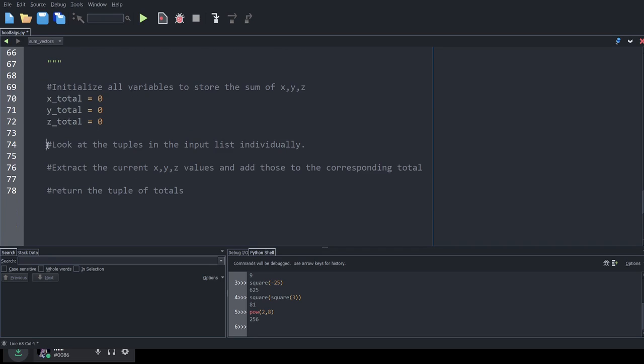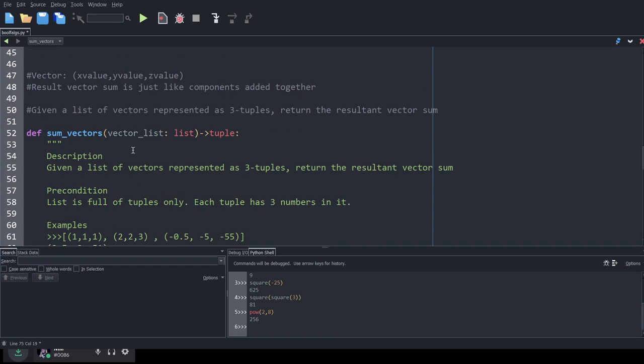Look at our next comment: look at the tuples in the input list individually. Well, the key words here are input list individually. Let me think about this for a second. How can we deal with this if it's a loop, maybe? If we want to look at the tuples individually, I feel it's going to be easier if we do a loop like this. For element in, what was the name of the input list?